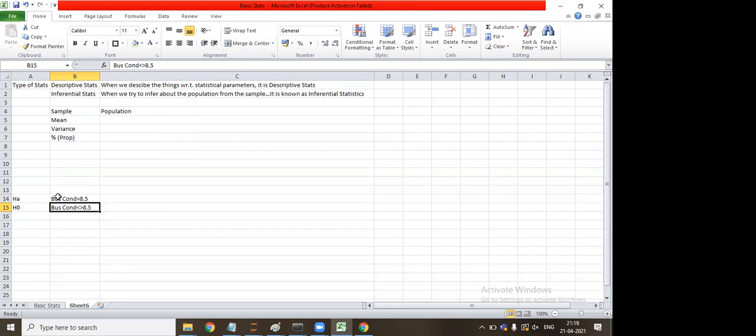Sir, I have a doubt. Is it possible to put the condition not equal to as HA, the alternate hypothesis? Yeah, that's the thing I also did wrong. I wrongly put H0 and HA here, but I will tell you later so that the audience will not be confused. So these are the two conditions. One is H0 and second is HA. I just named these two conditions. Are we fine till now?